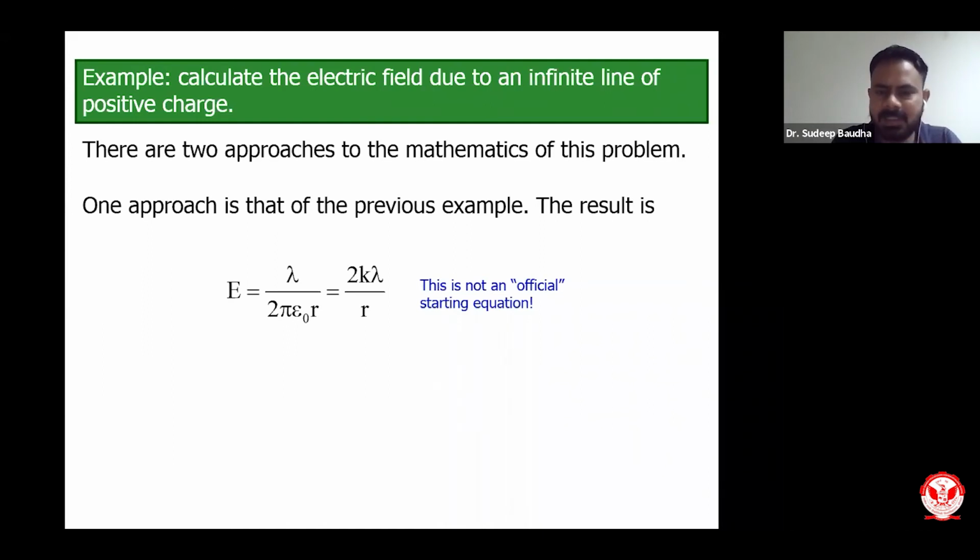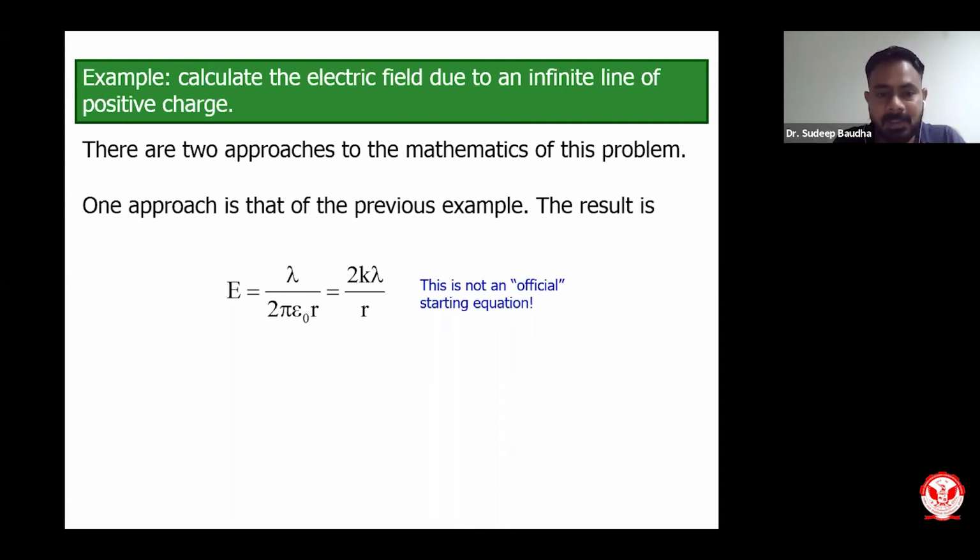So we can write the electric field. I won't do the derivation because only the limits will change. But the electric field due to an infinite line of positive charge will be equal to 2kλ/r. Lambda is the charge density, or we call it the linear charge density over that particular line. K has the same meaning which I have already explained in many examples. It is 1/(4πε₀). R is the distance of the point from that infinite rod. I won't do this derivation because it's very simple. You simply have to apply the limits.